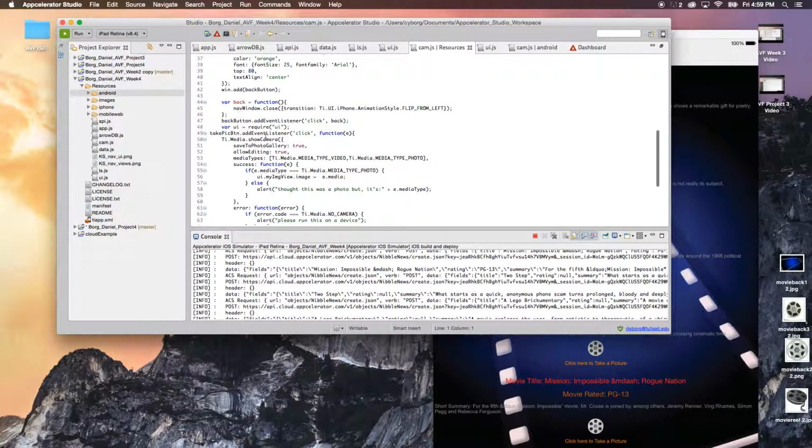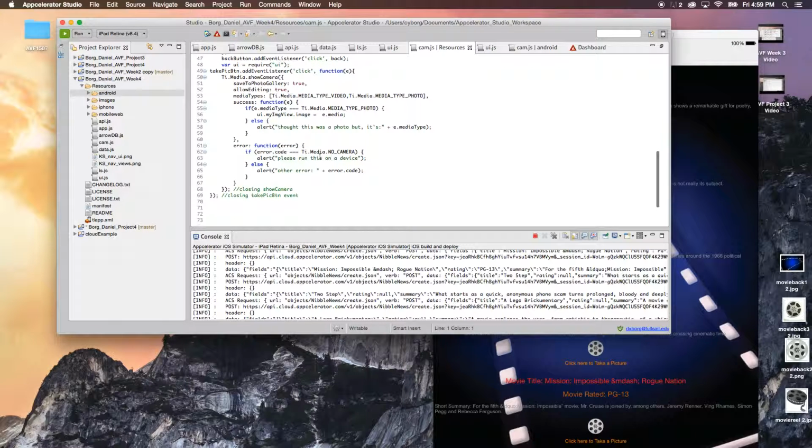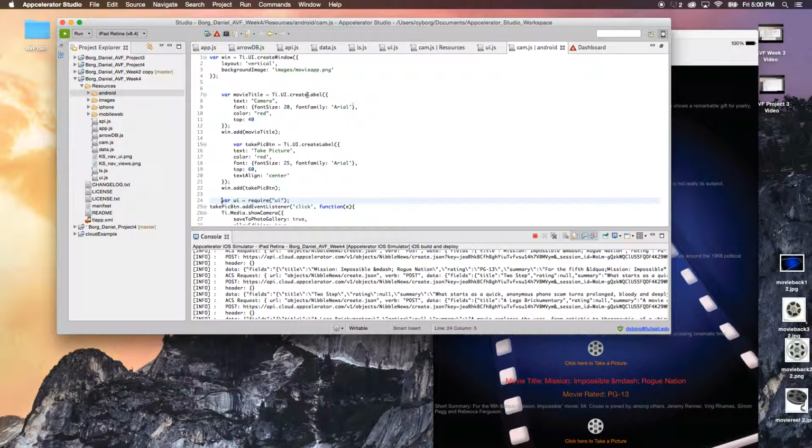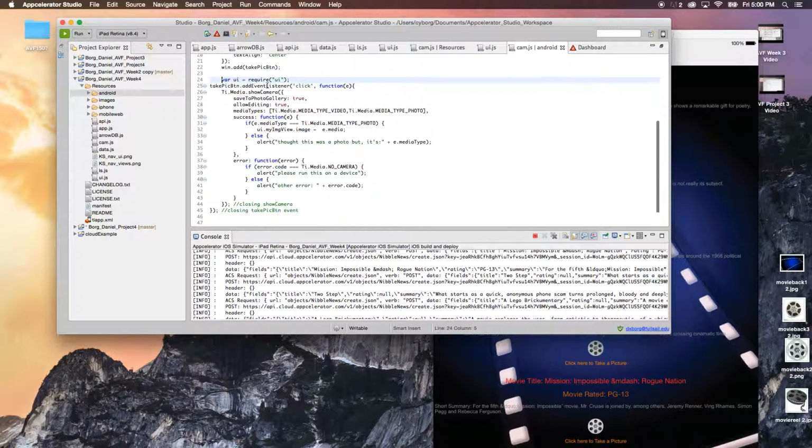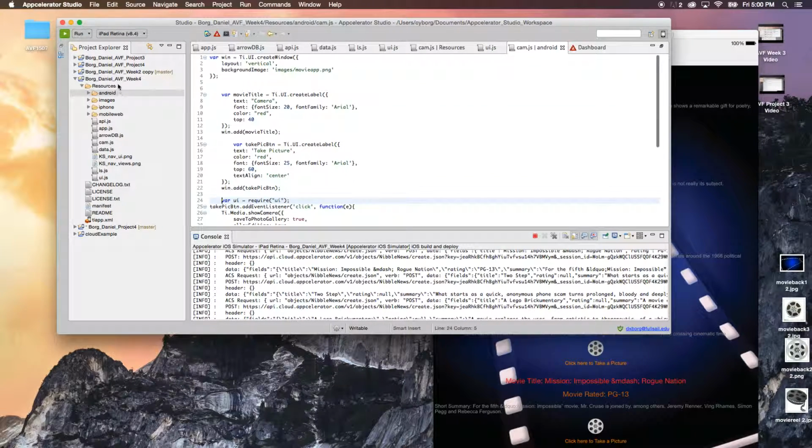Then here is the event listener for the camera, and then the error. That was the error we saw in the iOS: please run this on a device, right? Then here's the camera for Android, and there's no navigation window because it'll give you an error. And then once we run it